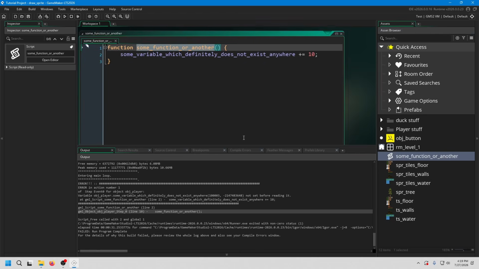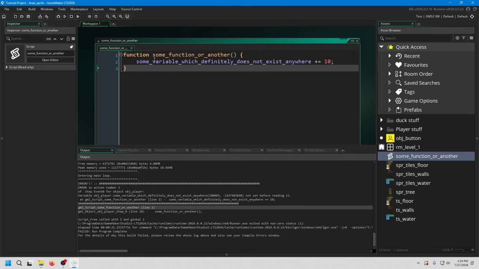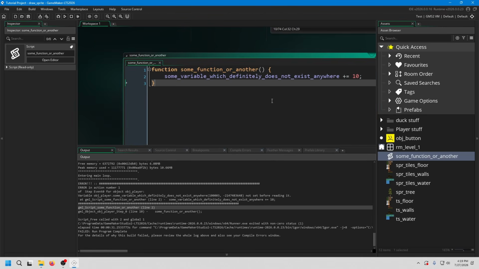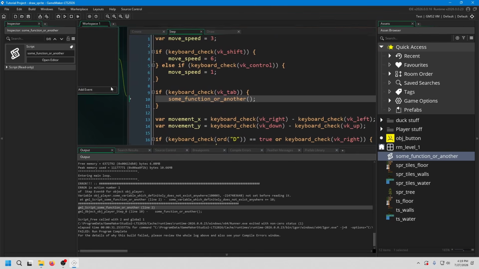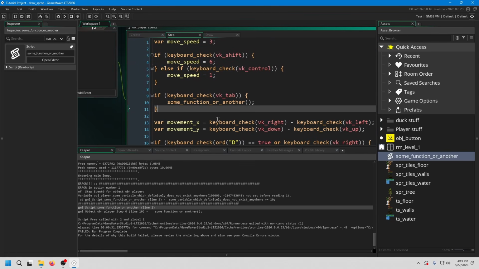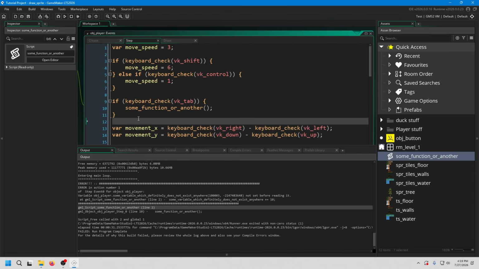And if I were to go into the code file where this is defined, some function or another, line 2, this is where the error actually happened. And if you have a larger, more complex game, there might be more intermediate function calls or object events in the middle there, which you have to trace the location of the error message through in order to find out exactly where it happened. Alright, so